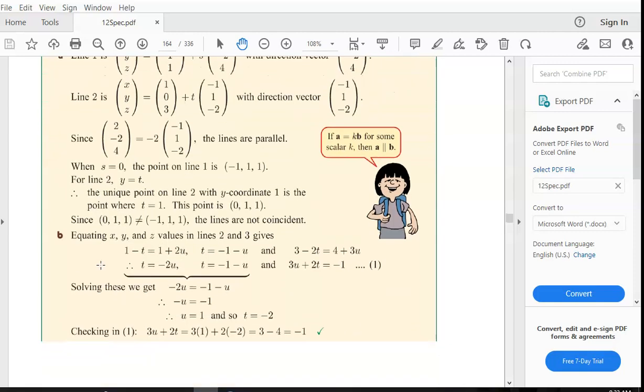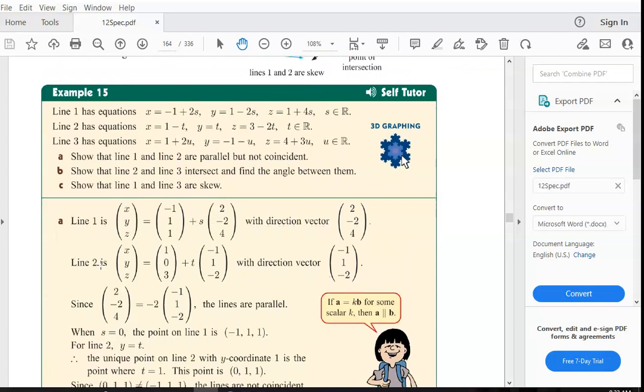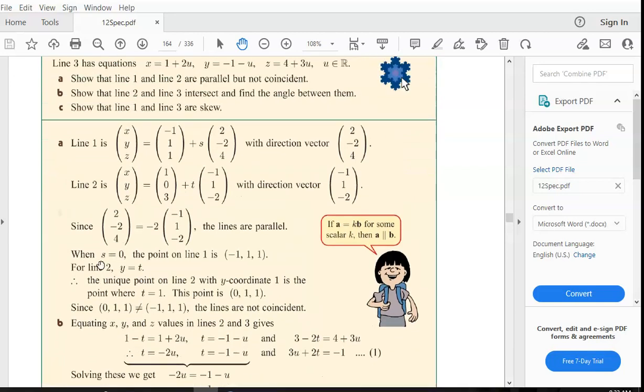So you can just solve. Does that make sense? Okay, so now we're going to look at show that lines 2 and 3, and this is quite nice because it's just repetitive, and I was just thinking, for those of you who've got tests this week, it's a bit mindless, you don't have to think too much. Equating,